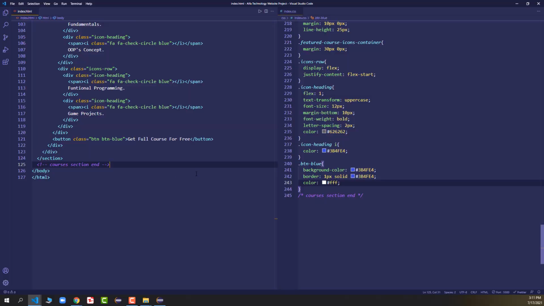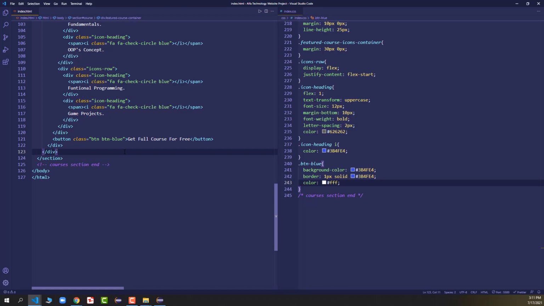Now you can see I just arranged the windows. So we have HTML on the left hand side. We have CSS on the right hand side. Now we will write this HTML and CSS here. We can see the direct output on the web browser.